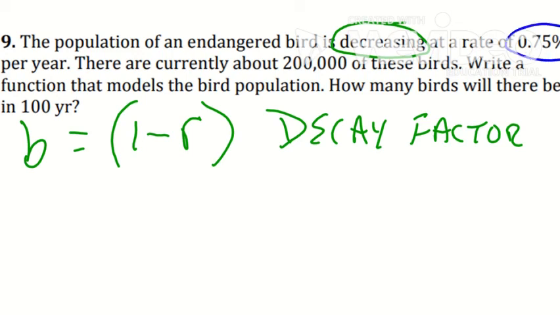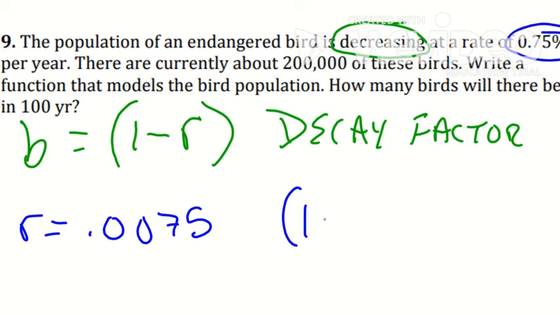The rate is 0.75%. So again, I have to convert that rate into a decimal. So divide by 100 or move the decimal places 2 points to the left, and I get 0.0075. So when I'm coming up with my decay factor, I am subtracting that from 1. I'm not just putting that in as my b value. And I can leave it like that, or I can do the math out to create a single number,